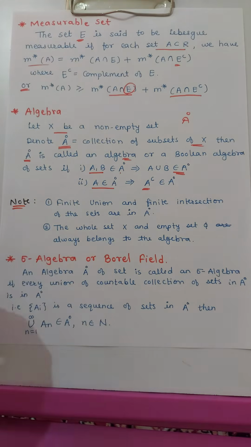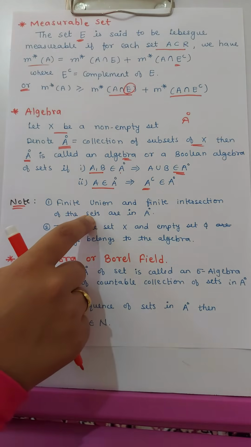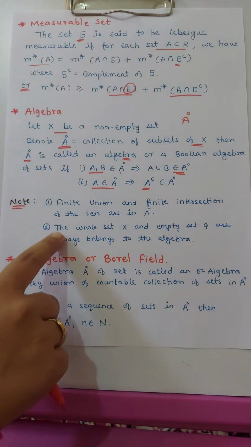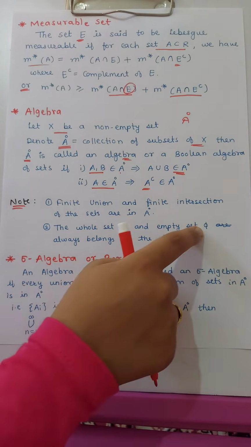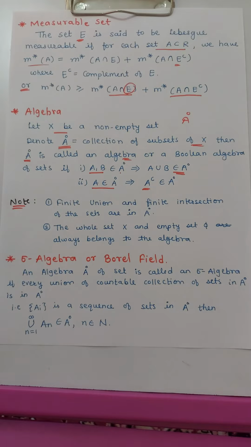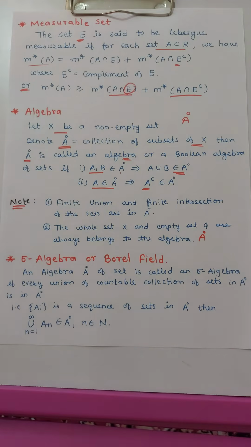Here is a note. First, finite union and finite intersection of the sets in an algebra of sets are in the algebra. The second is that the whole set X and the empty set phi always belong to the algebra A dot. Next definition is